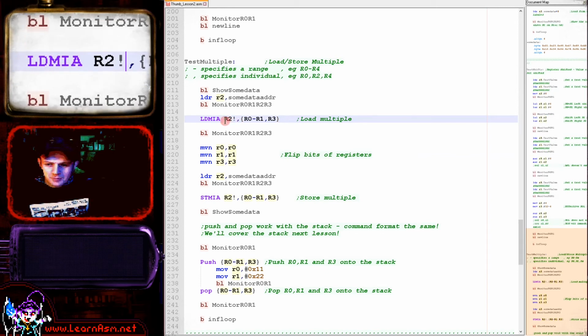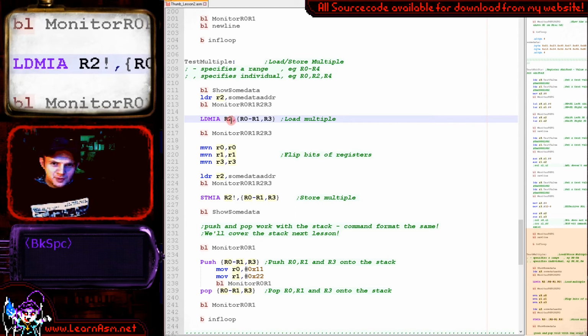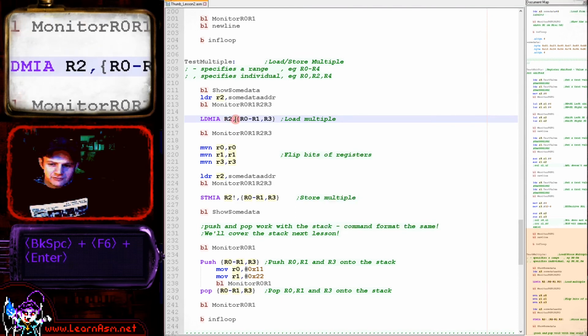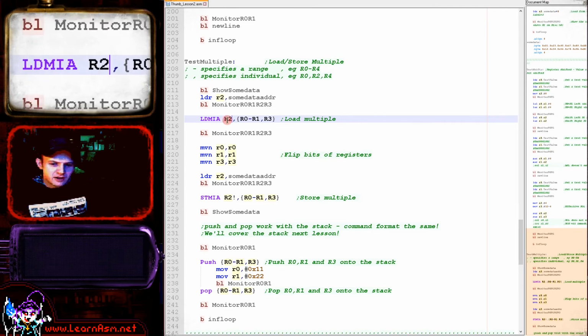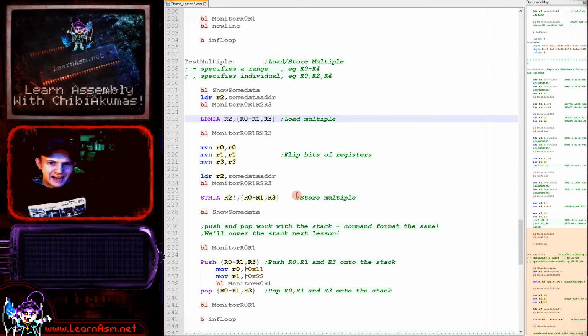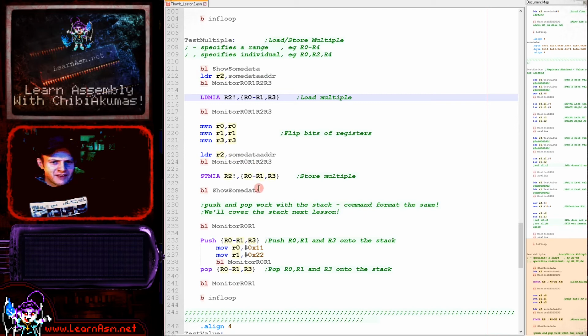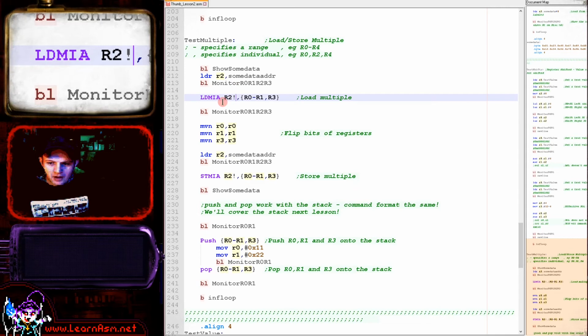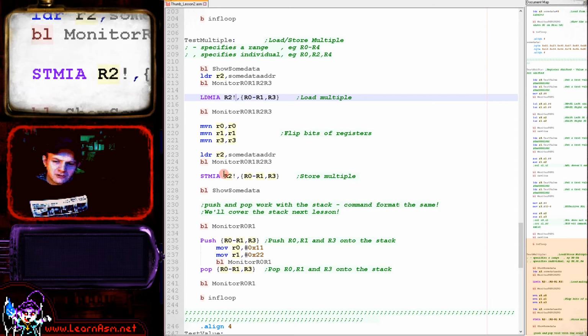Now, the exclamation mark in this command specifies that the R2 register is updated by the command, but this is a bit of a hangover from the original ARM instruction set, because if we remove that exclamation mark, say we didn't want R2 to change, well, that's not going to work. Thumb can't do that. So we have to specify the exclamation mark, even if we would actually prefer R2 to be unchanged. It's just, as I say, a bit of a hangover from the traditional instruction set. Now, that's how we can use ldmia and stmia to load or store registers